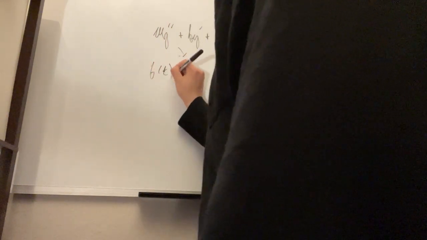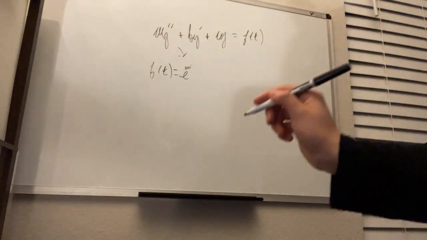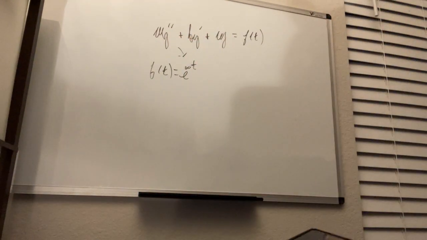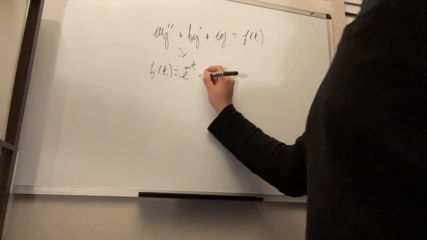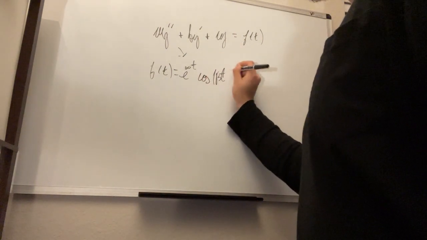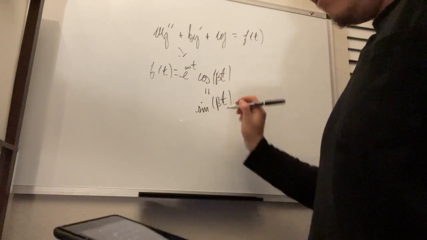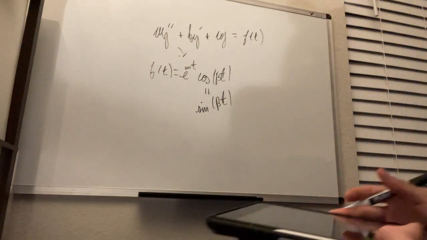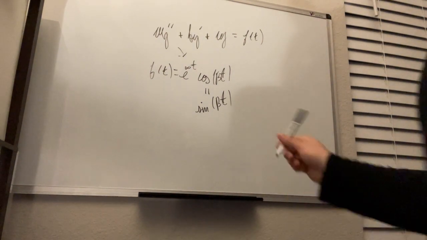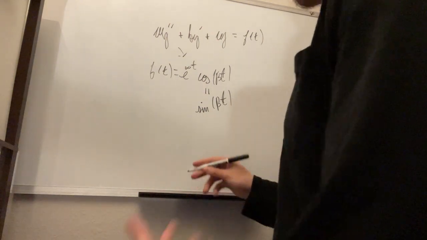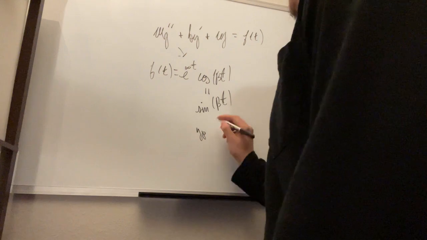Now, if your nonhomogeneous term is of the form e to the alpha t, so f of t is equivalent to e to the alpha t times cosine of beta t, or this can be sine of beta t, what we are going to do is set the particular solution to be equivalent to